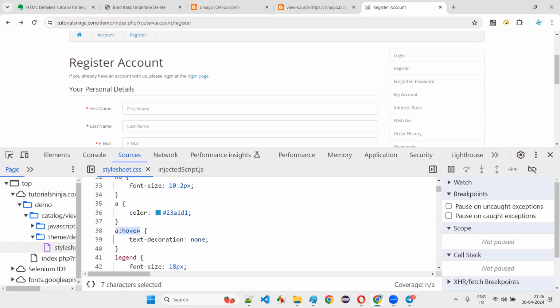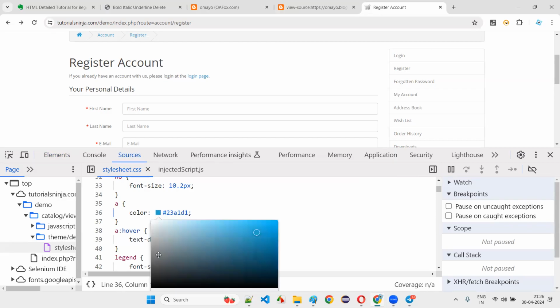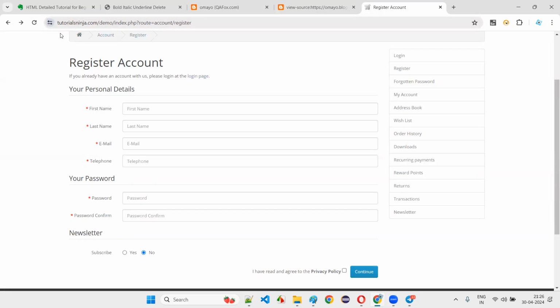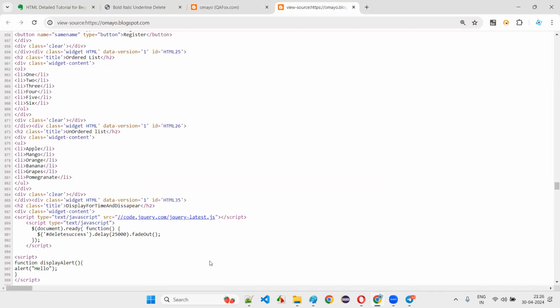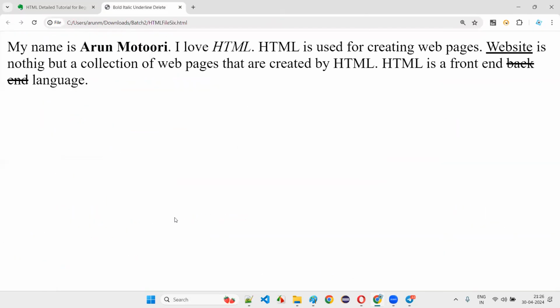When you hover the mouse, text-decoration is none, no decoration. When I hover the mouse, nothing should happen. So text-decoration is none, and they have it set. When you hover the mouse, there is a color, this is the color. If you change the color here to some other color, the color of the hyperlink will change temporarily. It's not permanent. If you refresh the page, it will go off, because I'm not the developer of this web page. So it will go back to the previous state. But temporarily we can make the changes. Got it? Clear?